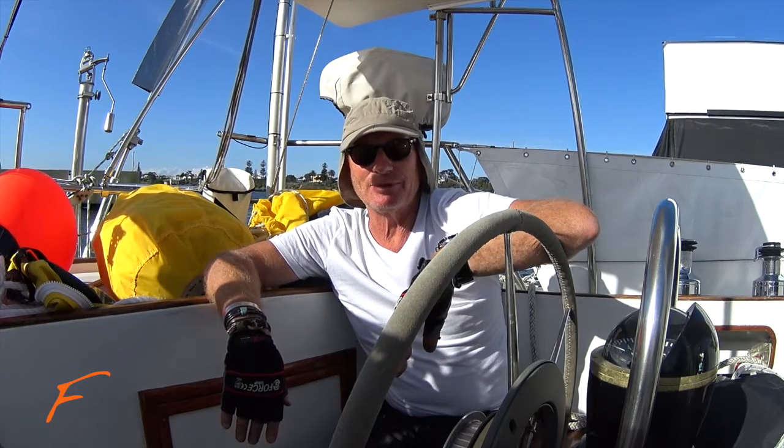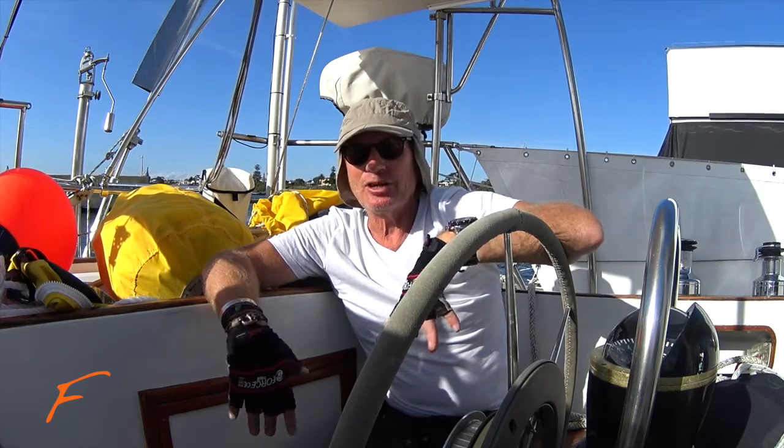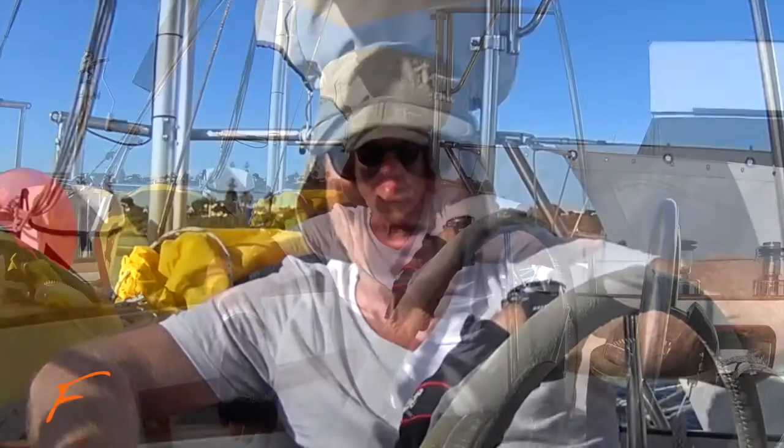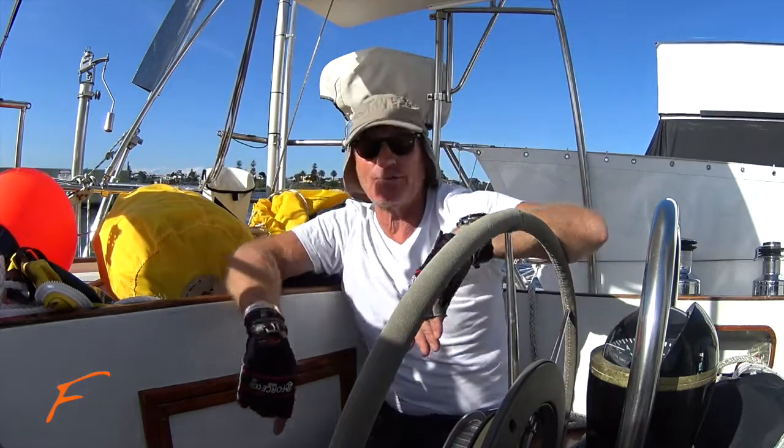Plenty of calms, but also some extreme weather at the other end of the spectrum. And so what we're required to do is carry both a drogue and storm sails, at least a storm jib. I'm also going to carry a para anchor. If you think of a drogue, which would run out of the back of the boat, and we'll demonstrate that as part of this video,